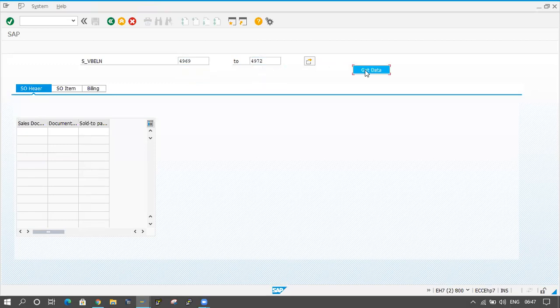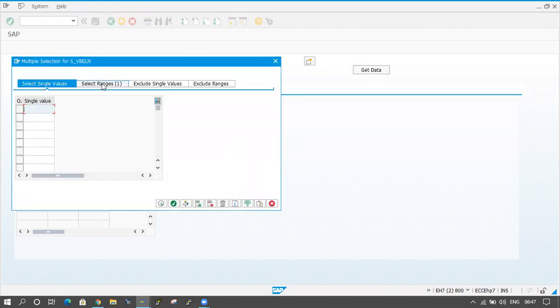Okay, click on get data. 4969, 4970, 71, 72. Right, now I will try to give some more ranges here, 4975 to 4980. Okay, I am not taking 4973 and 74. From 75 to 80, I am taking.